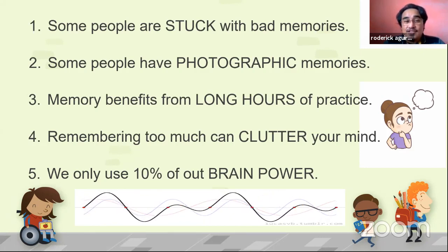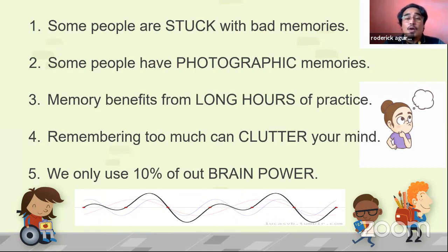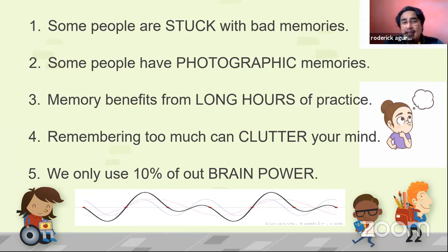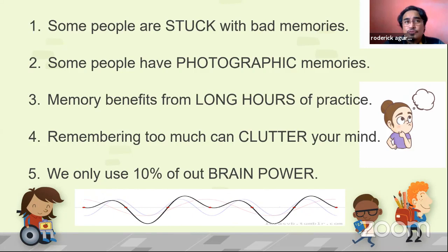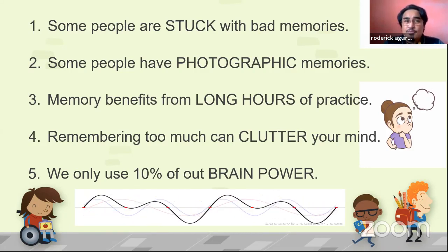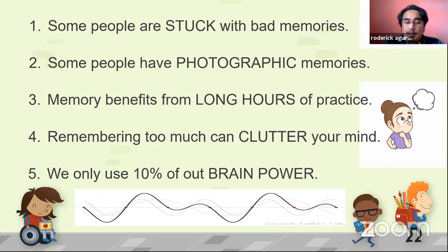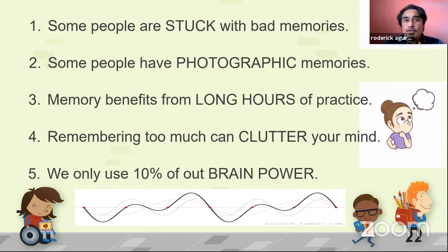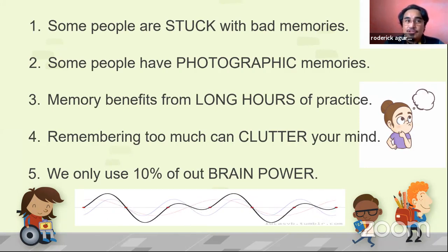And use it to your utmost advantage. Next, the third myth would be that memory benefits from long hours of practice. That is a myth. It is not how long you devote time to memory skills development or memorizing concepts. It is more of the quality. It could be a short time period, but the way you memorize or practice the storing of information is